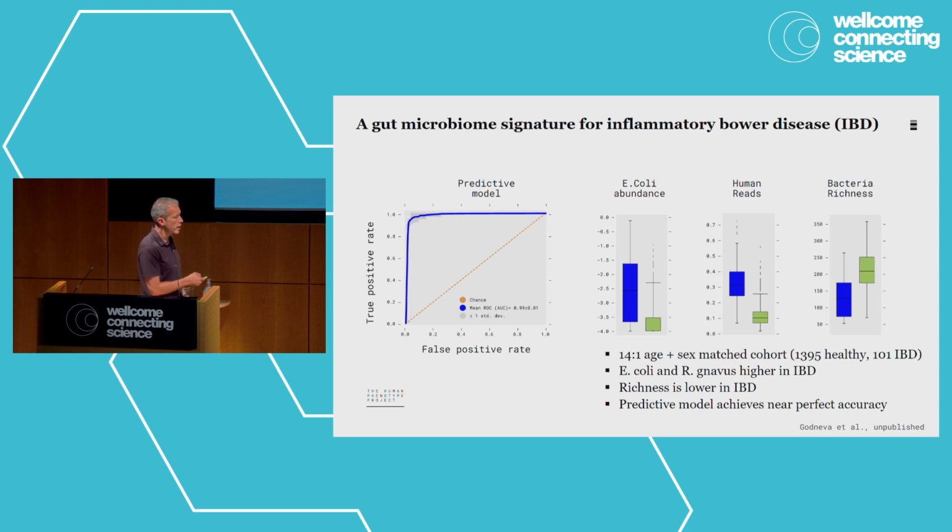And overall, we find that if you look at the amount of human reads that we have in stool samples, it's much higher in IBD patients compared to healthy controls, likely due to shedding of epithelial cells that we see from the inflammation in IBD patients. So here again, just to exemplify the use of a large-scale healthy cohort to do an analysis on almost 1,500 people when we have just 100 IBD patients,